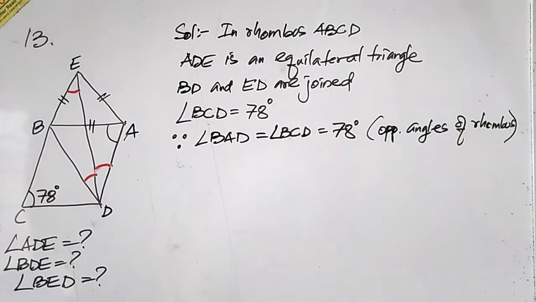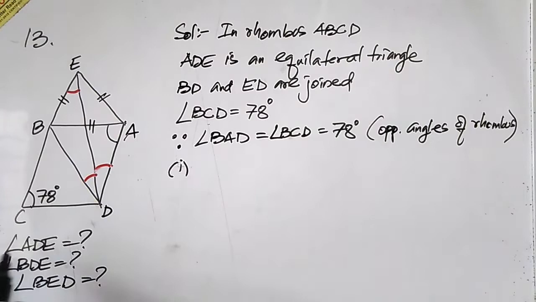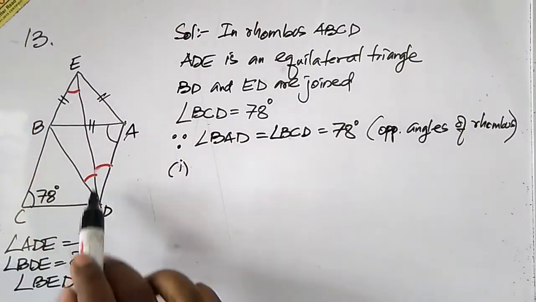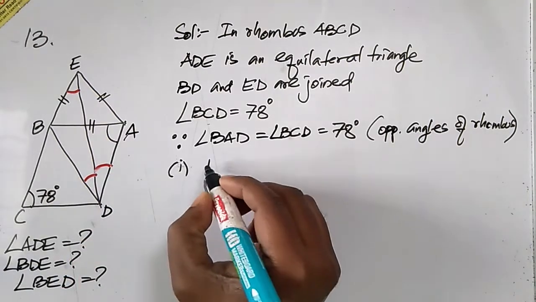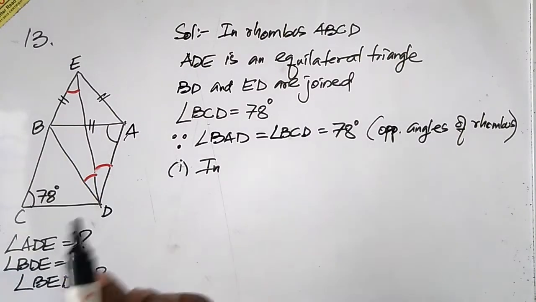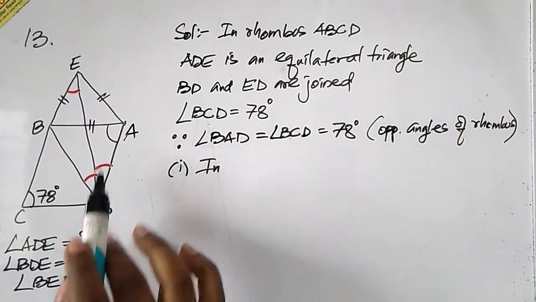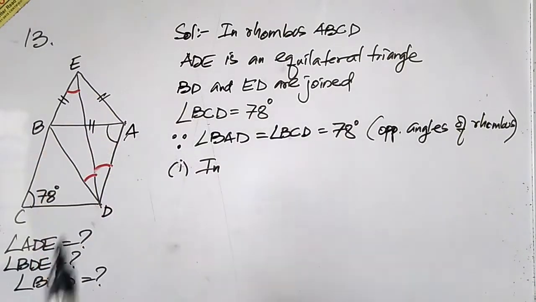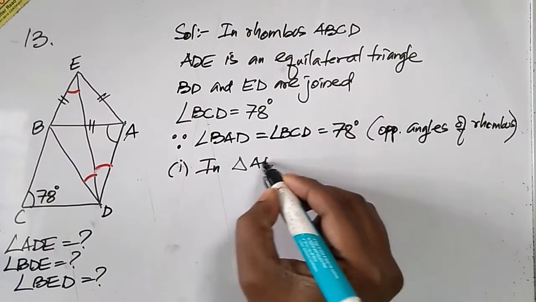Now we have this diagram here. Let's solve the first angle. The first angle is angle ADE. Where is ADE? Angle ADE is right here, this angle we're talking about. Now for this angle ADE, we'll be using this triangle, the triangle AED. So let us write down that in triangle AED,